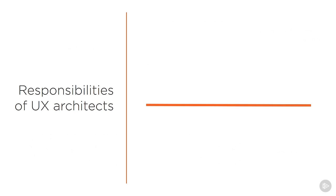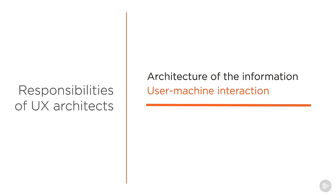Responsibilities of the UX architect. The architect has primarily to identify the architecture of the information, so the ideal way for data to flow through the front end and the back end. Ideal way to flow here means ideal user-machine interaction. More than everything else, architecture of the information and interaction must be carefully tested and validated through a number of